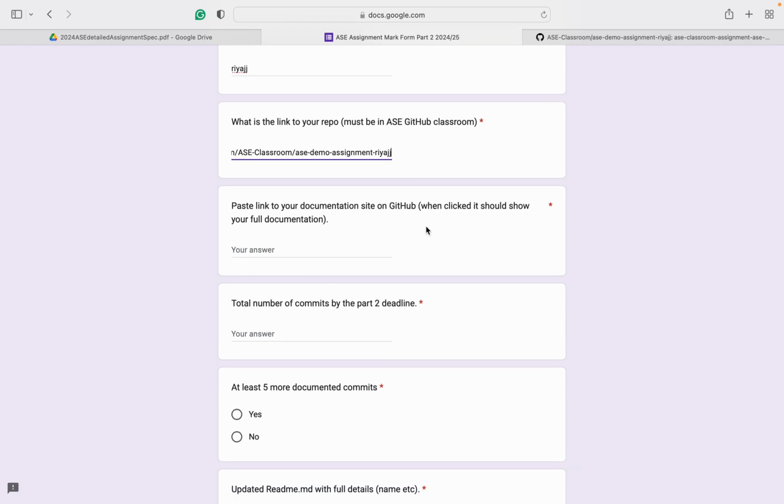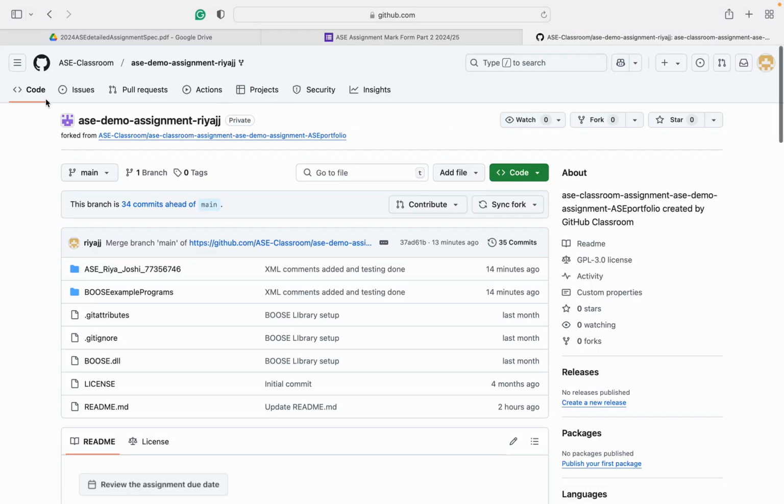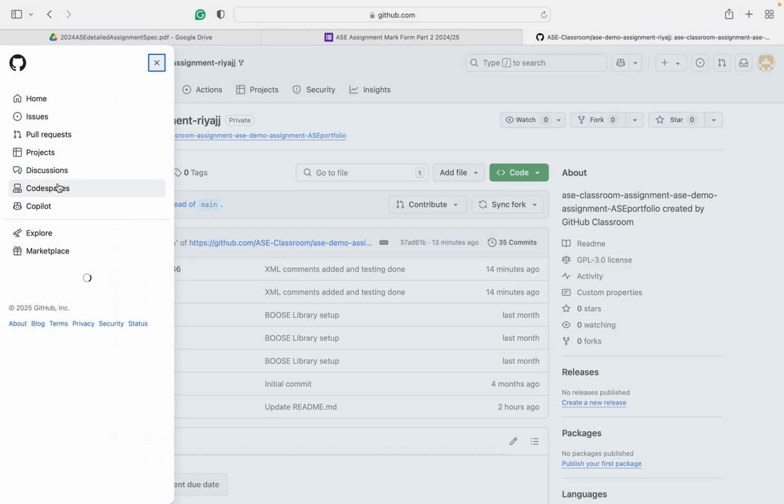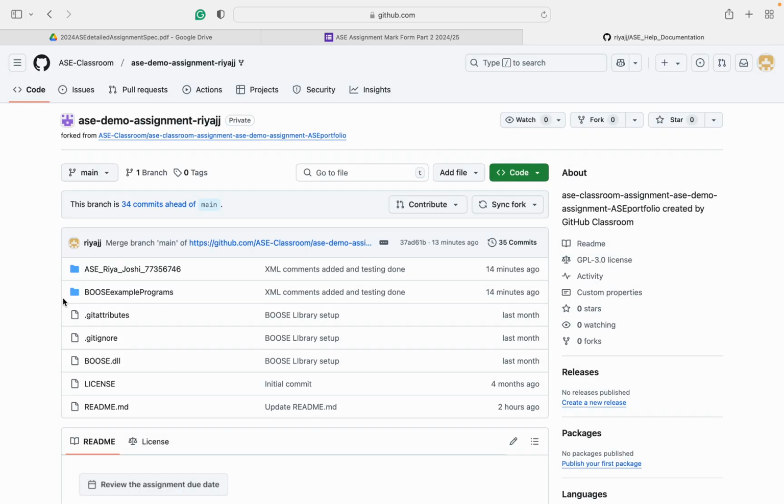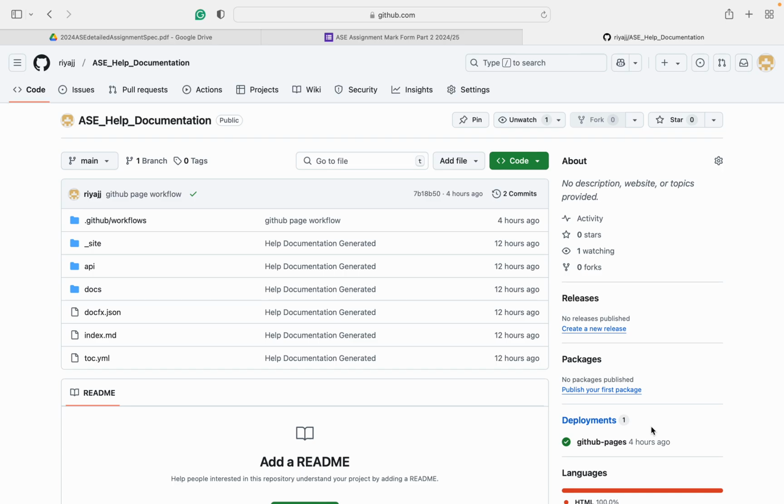Paste link to your documentation site on GitHub. When clicked, it should show your full documentation. Okay, so for the link of my full documentation, I have it here as ASE help documentation.